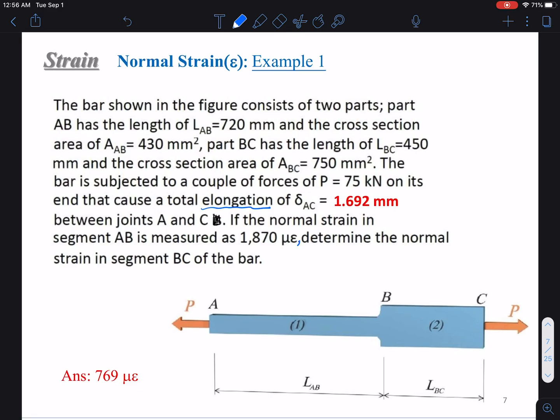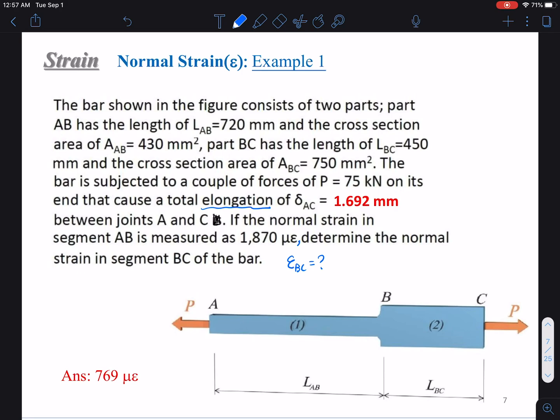So what we are determining is the normal strain of BC. Right, so this is what we are determining. Let's look at this example. Starting from chapter 2, we will be able to correlate stress and strain, then force and deformation, using the material property called modulus of elasticity, or Young's modulus. But before that, in chapter 1, we don't know how to correlate stress and strain, and we don't know how to correlate force and deformation